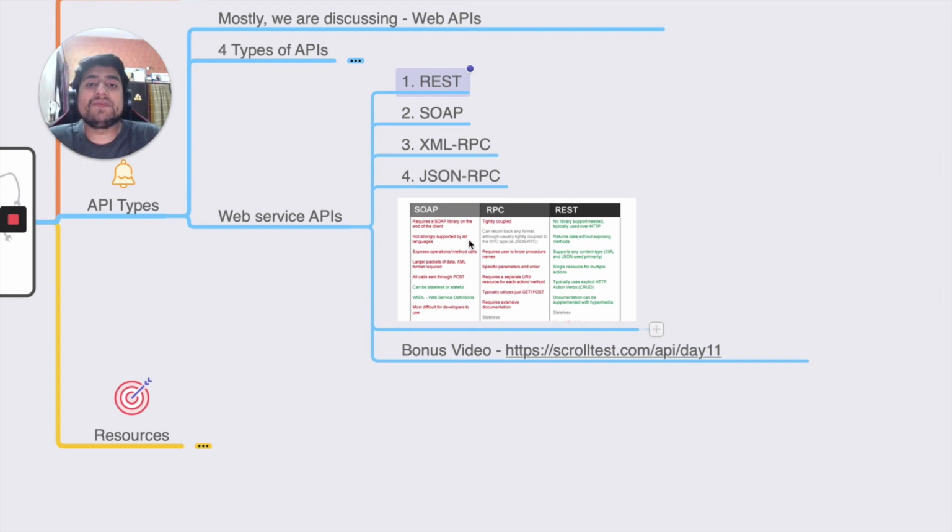Most of the time, whenever we think about web applications and API testing, we are only concentrating on REST. Some people will work with SOAP. REST APIs are used pretty much everywhere, in Facebook, Twitter, and any app that you have seen, those are most of the time REST. People still use SOAP, XML-RPC, or JSON-RPC, but if you are comfortable, I would suggest you be comfortable with REST APIs.